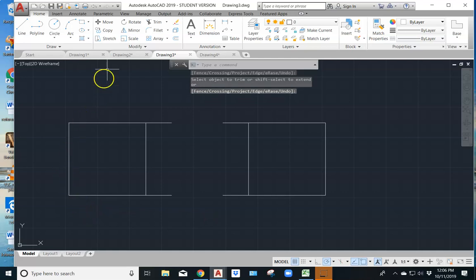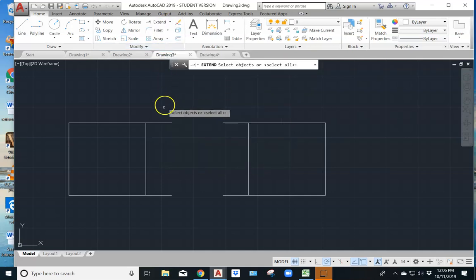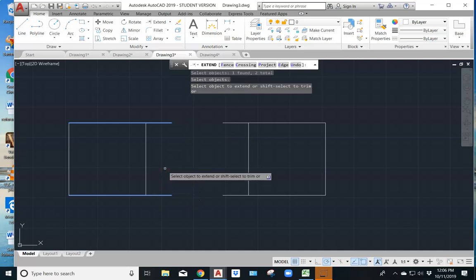So my next step is going to be to use the extend command, which is right below trim on the drop-down menus. And extend allows you to take a line that's already coming out of an object and extend it out in whichever direction it's pointing until it meets another object. So as long as these two are lined up, I can say extend and I can select this object and then this object and tell them to go,